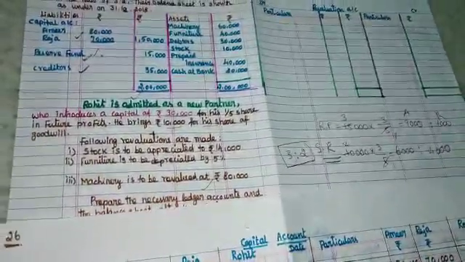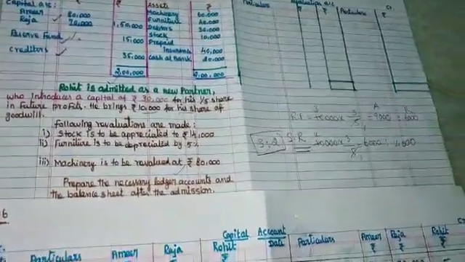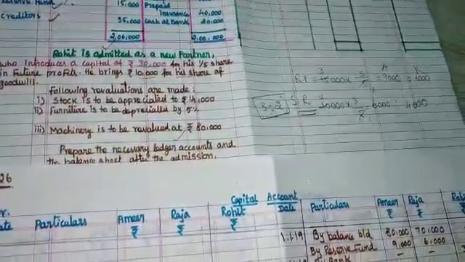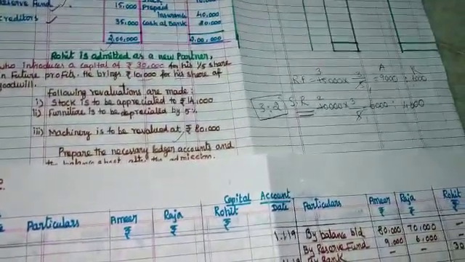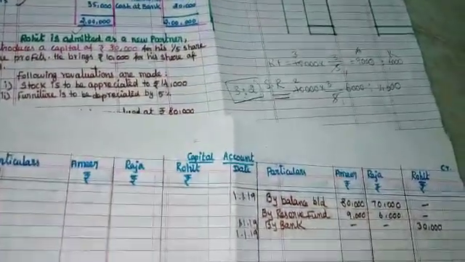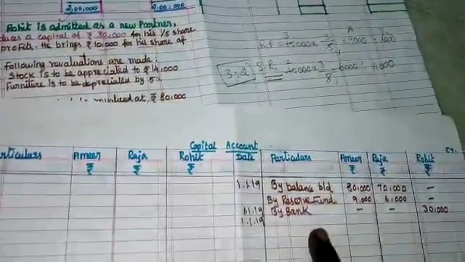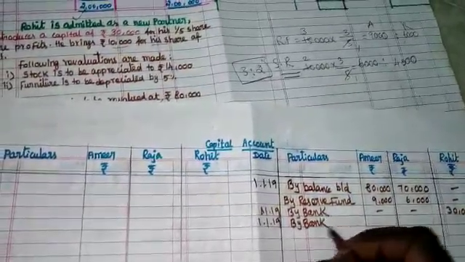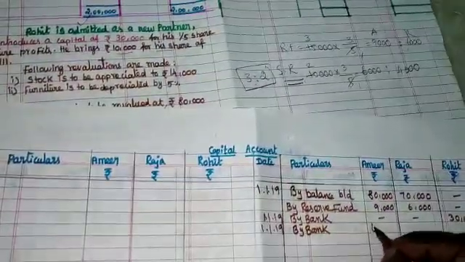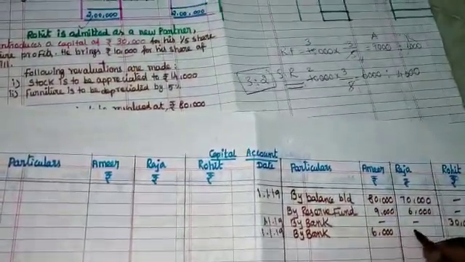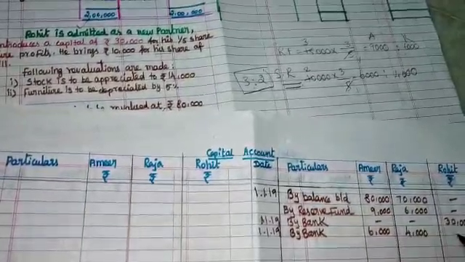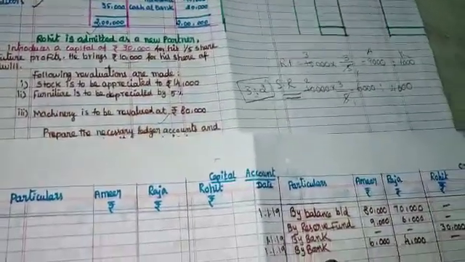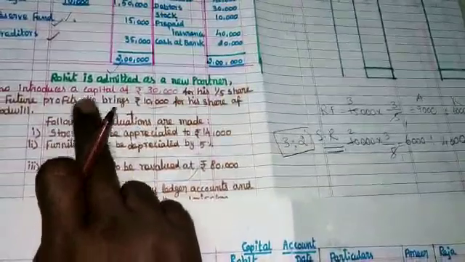So what is the transaction for that? Bank account debit to the sacrificing partners' accounts credit. Who are they? Amir and Raja. So in the sacrificing partners' capital accounts, we enter on the credit side by bank. He brought the amount for goodwill by bank. The amount 6,000 is entered into Amir's capital account and 4,000 into Raja's capital account. It won't come under the name of goodwill. It will be recorded here as by bank. So that is also recorded.